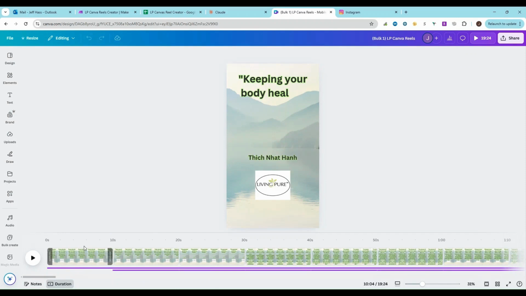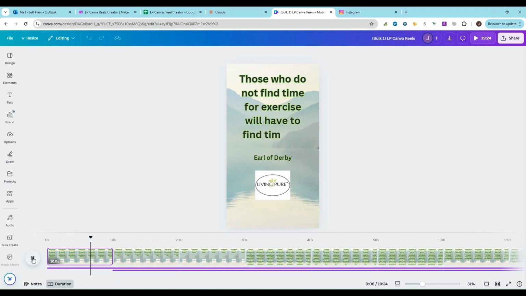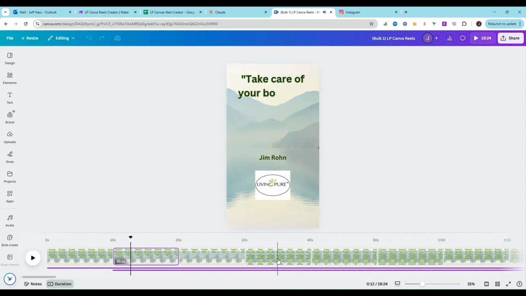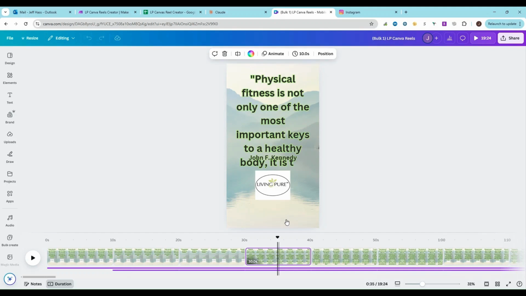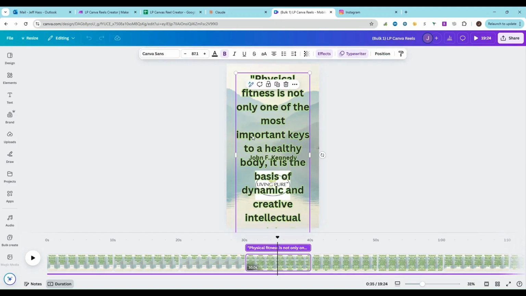Okay, so we have it here. We'll click play just to check it out. And that's going to go through each one. And the one thing you might want to do is look at some of these that are kind of overlapping. And you might want to go through and just update it